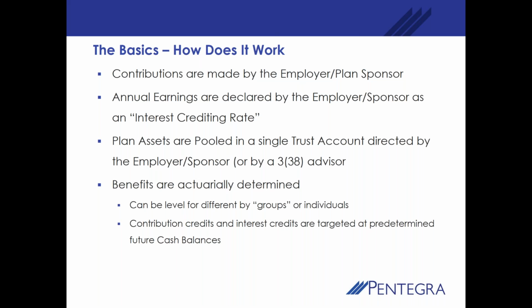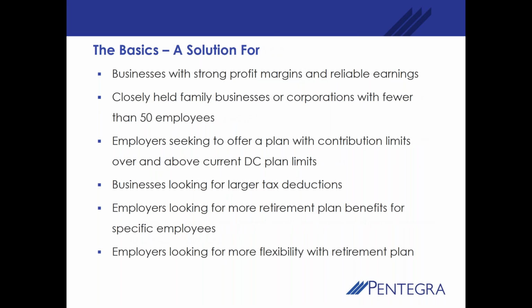Benefits are actuarially determined. We mentioned this. We can have different levels of benefit for different folks. And these credits are predetermined each year. Before I go into these bullet points here, let me just say that for our financial advisors who are on the call,